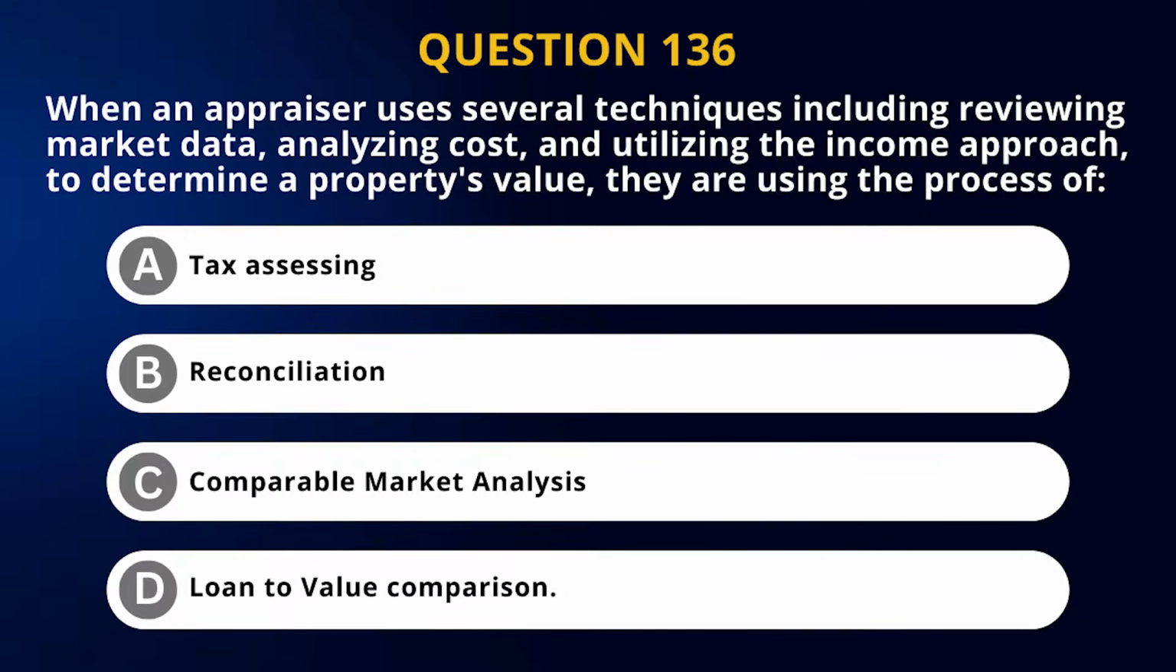Question number 136. When an appraiser uses several techniques, including reviewing market data, analyzing cost, and utilizing the income approach to determine a property's value, they are using the process of, letter A, tax assessing. Letter B, reconciliation. Letter C, comparable market analysis. Letter D, loan-to-value comparison. Question number 136. When an appraiser uses several techniques, including reviewing market data, analyzing costs, and utilizing the income approach to determine the property's value, they are using the process of,